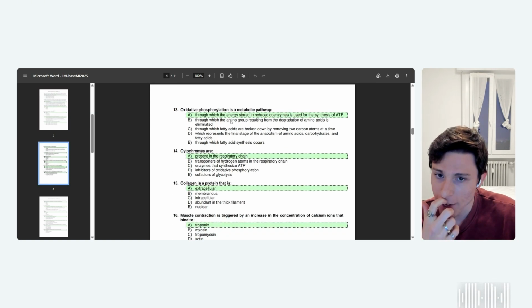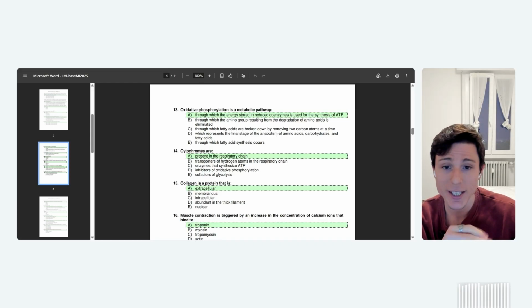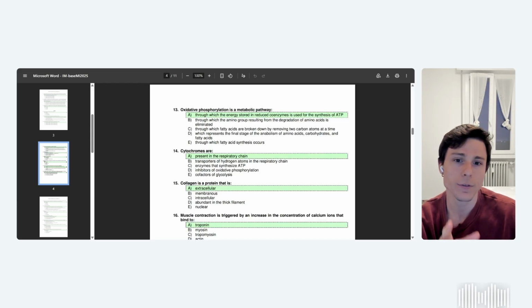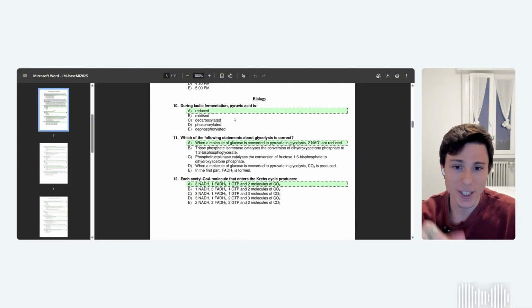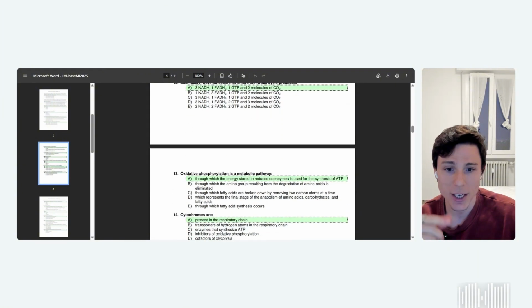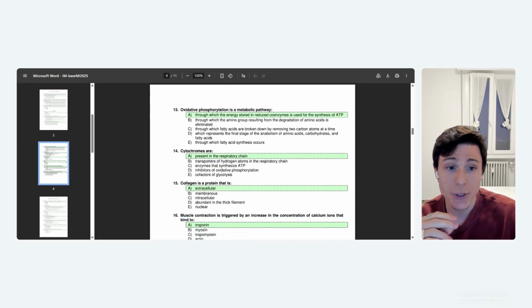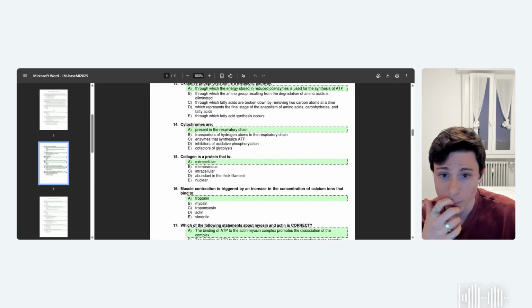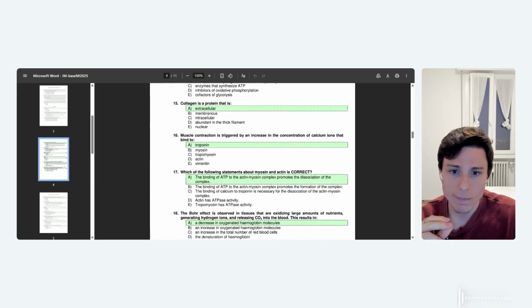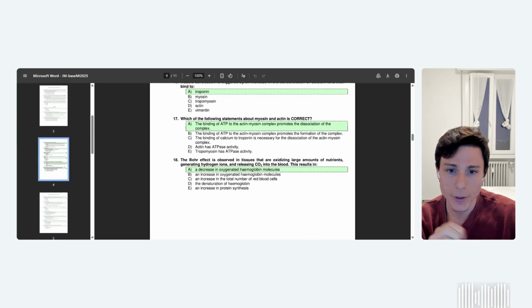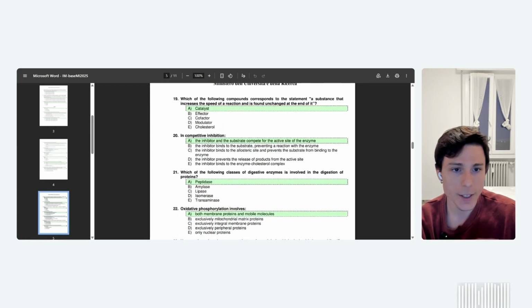The next question is also about bioenergetics. This one talks about oxidative phosphorylation. So it's quite an order. They started with fermentation, talking about glycolysis, the Krebs cycle, and now oxidative phosphorylation. So they're really focusing on bioenergetics. I'll leave this for another video. Then cytochrome, also related to mitochondria in some way. And then they shift a little bit, talking about different subjects, but it doesn't really last long.